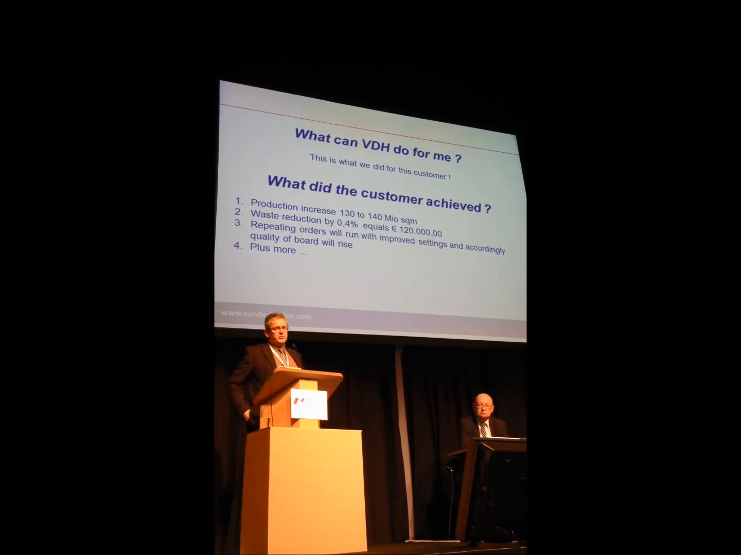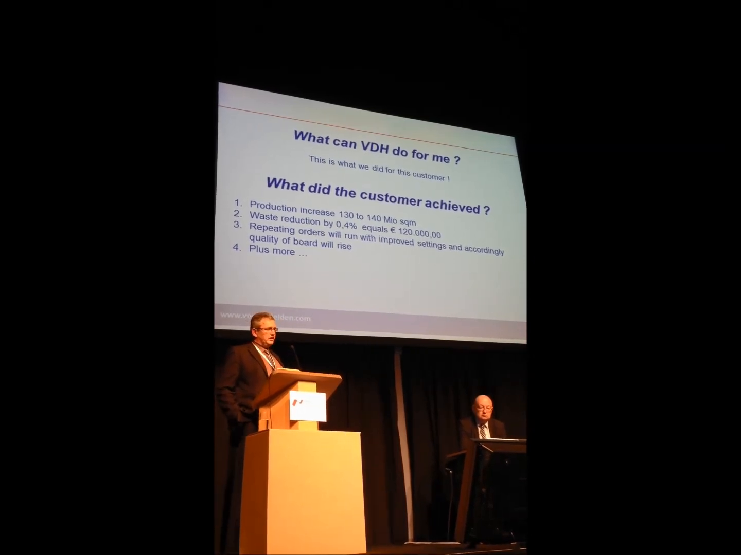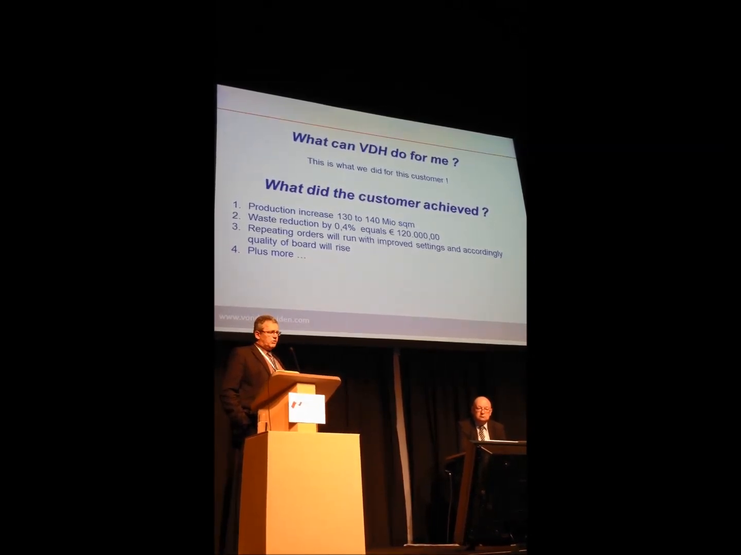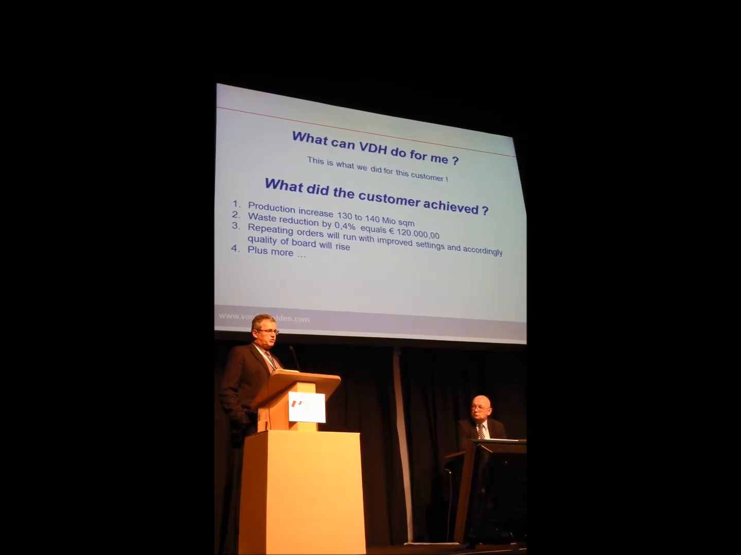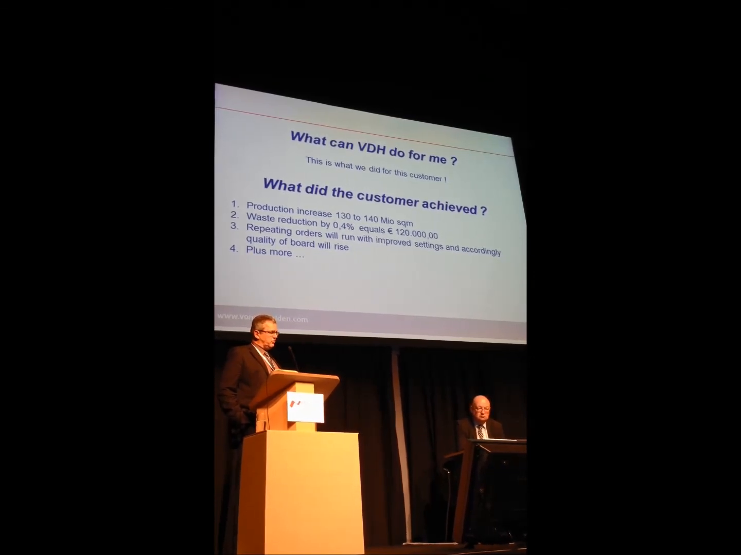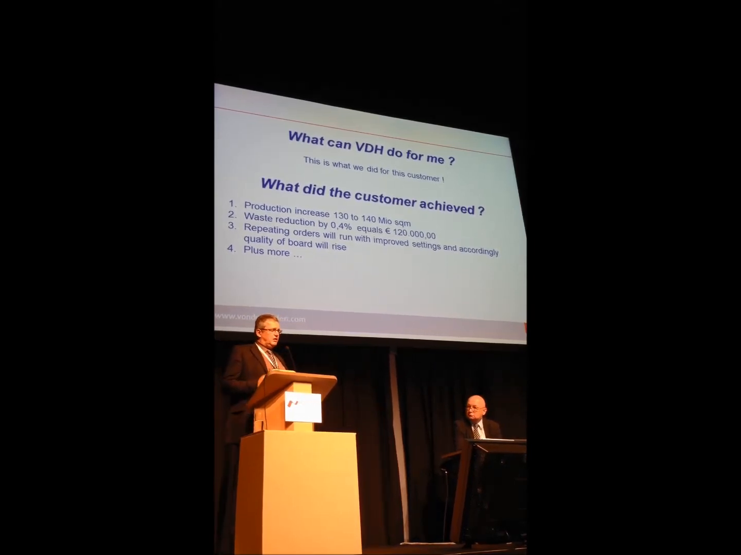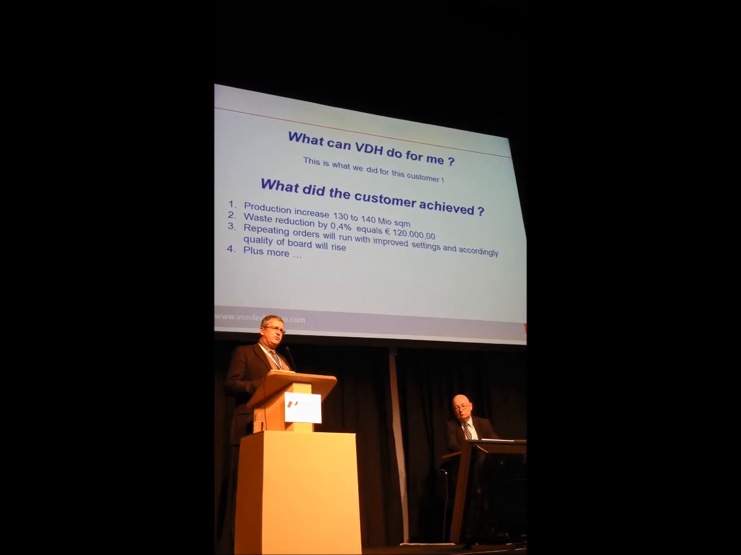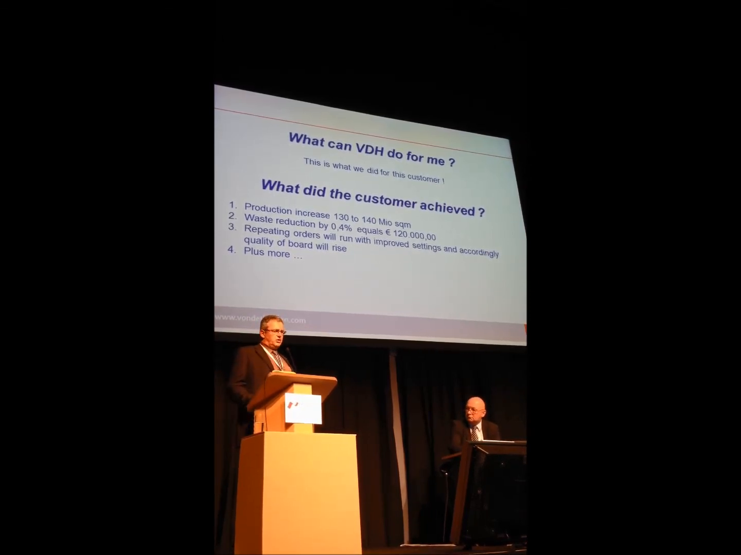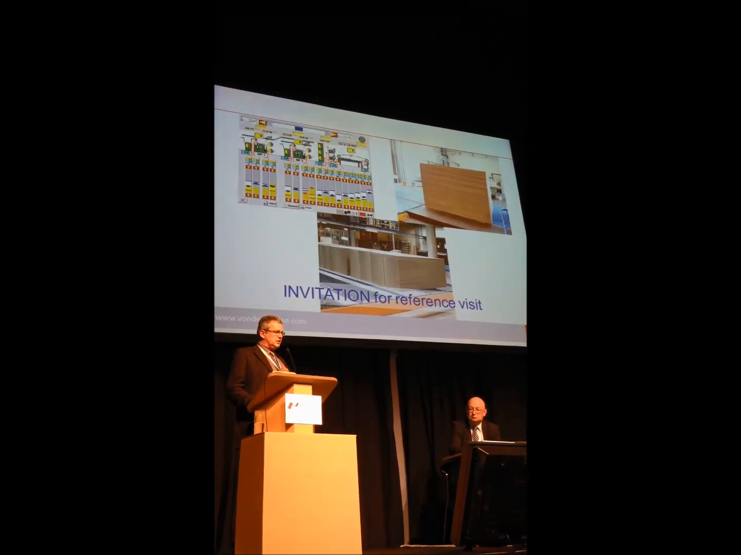So that was the question from the customer, what can Vonderheiden do for me? And the results were really that he increased his production from 130 to 140 million square meters. He reduced the waste, which was worth 120,000 euros. And he said he sees much better quality for his board, which really affects later the run of his converting machines. Of course,